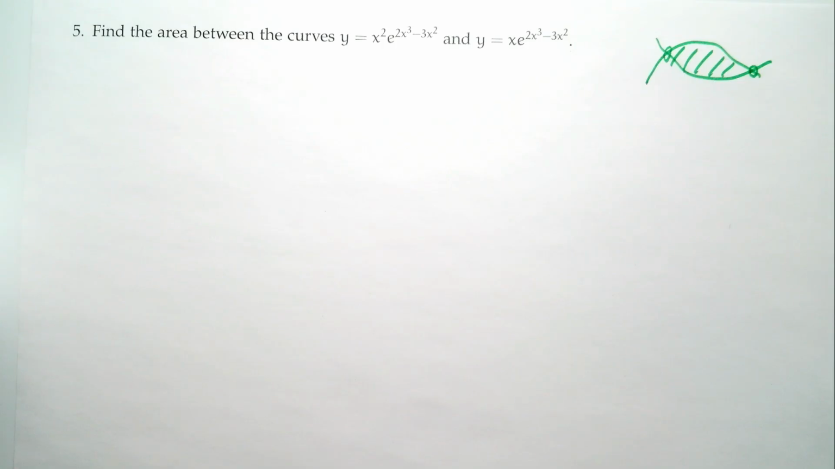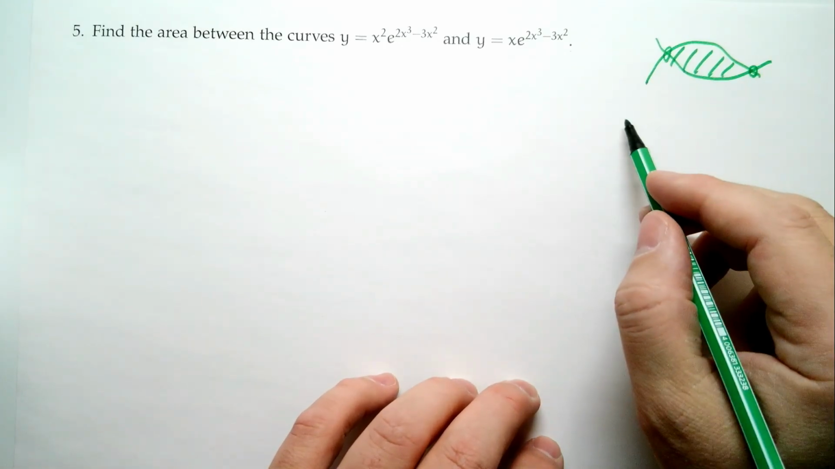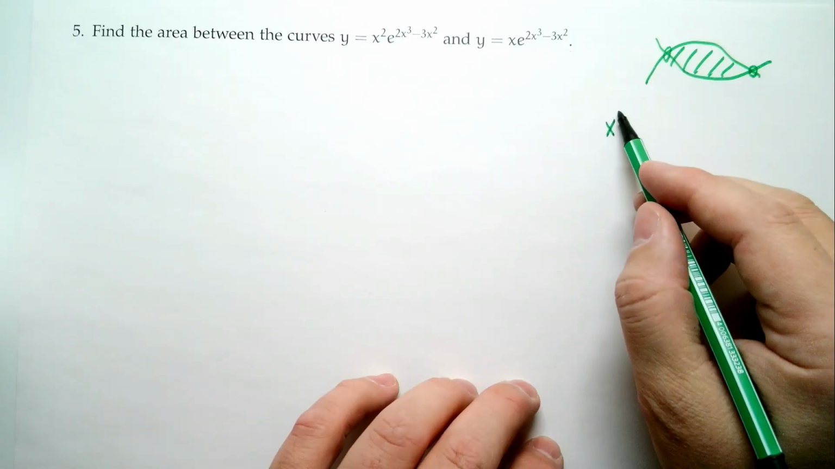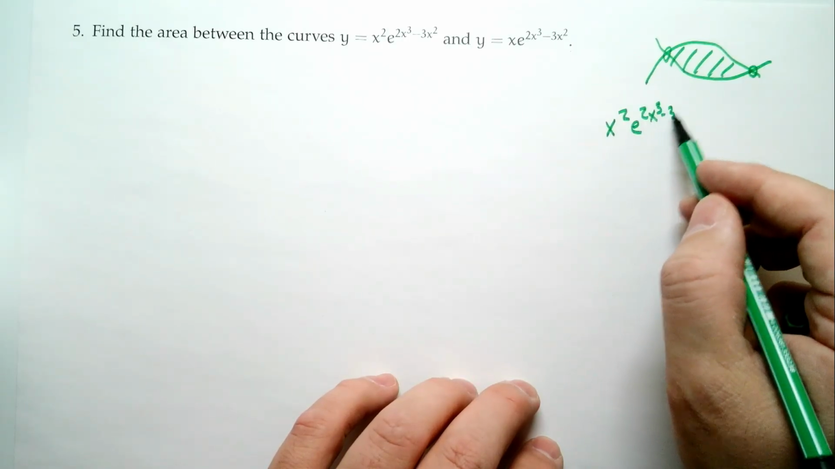So if you have a problem that says find the area between the curves, and you're not given any other information, like between these 2 locations, then what you have to do is figure out where the intersections occur and use that to proceed. So let's figure out where the intersections occur. So where do these curves intersect? That would happen if x squared e to the 2x cubed minus 3x squared